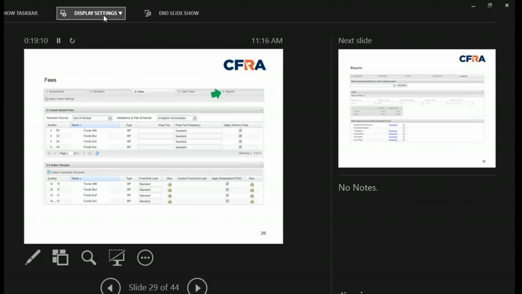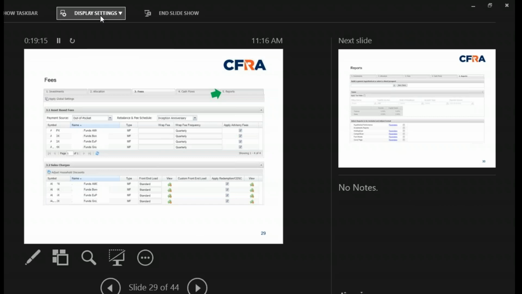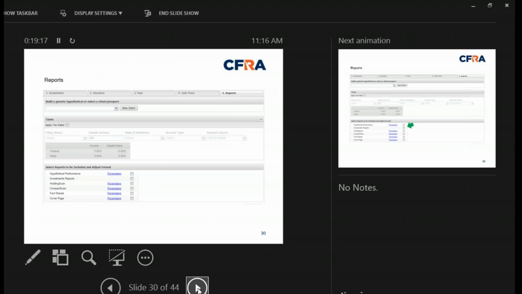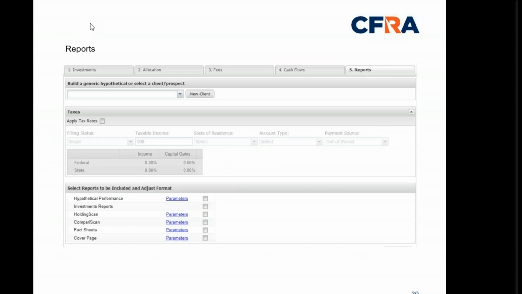One thing that we'll skip over in this particular aspect is the cash flow tab, number 4 there at the top, and we'll go straight into number 5. The cash flow tab is set up to apply any cash flows that occurred before today.